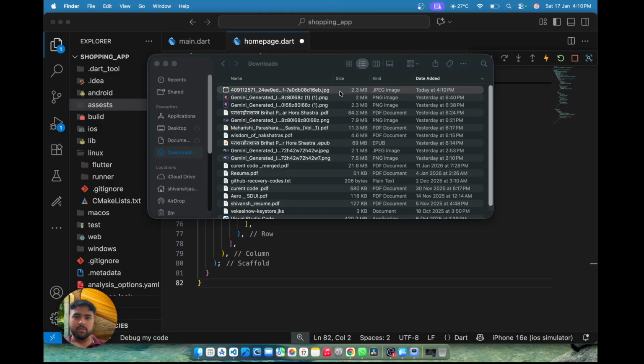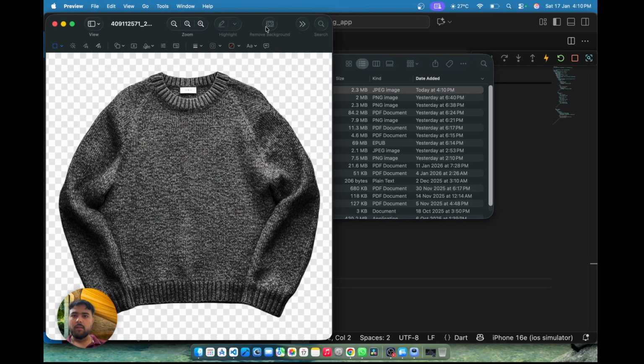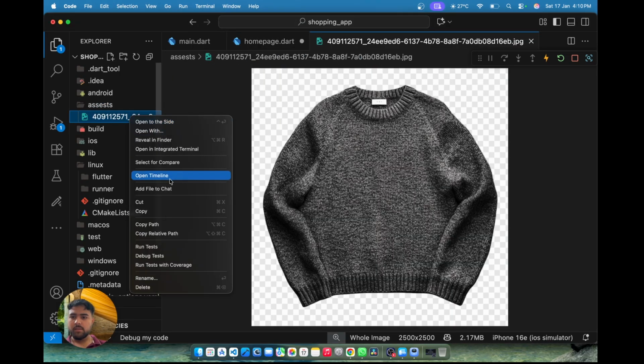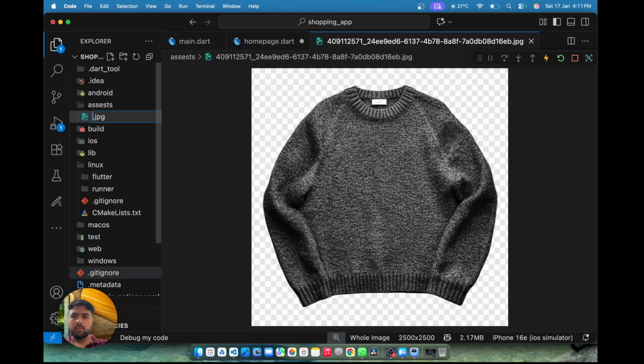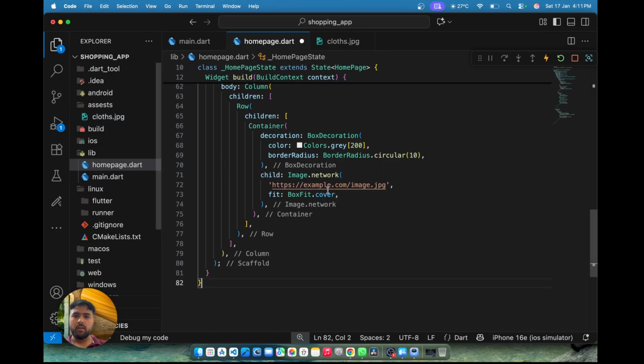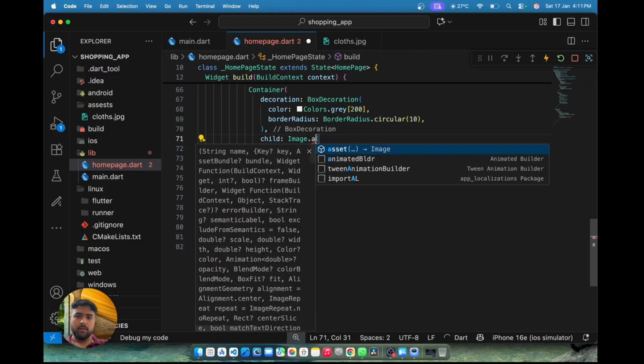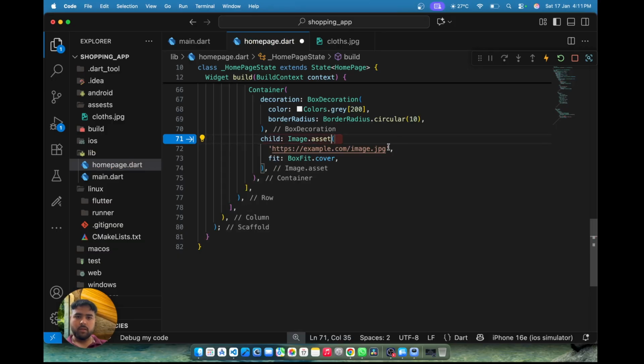Let's open this first. Perfect. I think inside the assets, we name this clothes. Perfect. And now in the home page, we will not use this, we will use asset. And I think this will not be there. Asset may we have